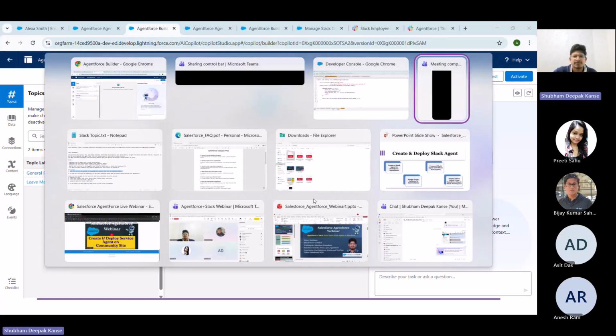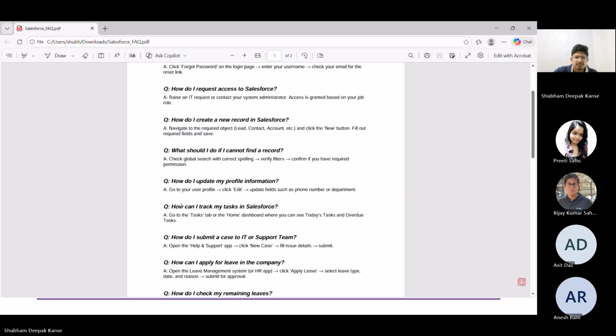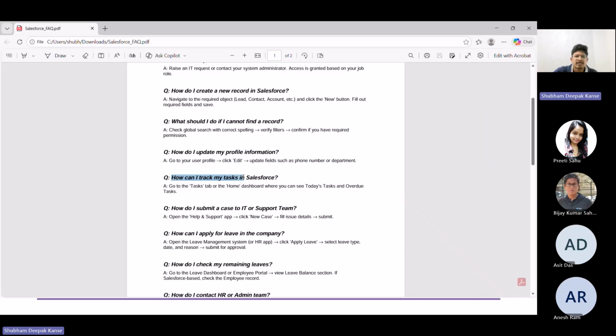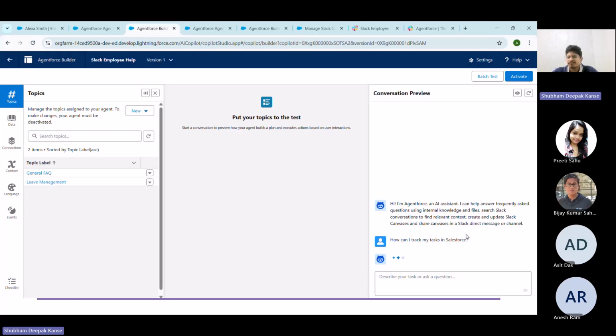Again, as I navigate to the PDF, let me copy any questions over here. So here I am copying the question, how can I track my task in Salesforce, and providing the prompt. This information we don't have in the Salesforce object. That information we only have in that PDF, and that PDF we have uploaded to the data library, which is Salesforce FAQs. Now, as I press the enter key,